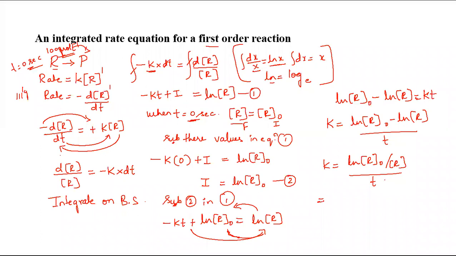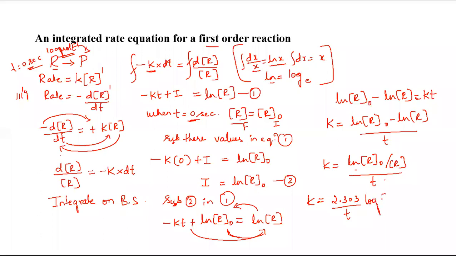Okay, so now ln is the natural log. Usually in order to solve problems, when we look at log values, we prefer log to the base 10 but not natural log. In order to convert natural log into log to the base 10, some value has to be multiplied with it. So that is 2.303. If we multiply ln with this number, it gets converted into log to the base 10. Therefore, the ultimate formula for the integrated rate equation for a first order reaction is 2.303 by t